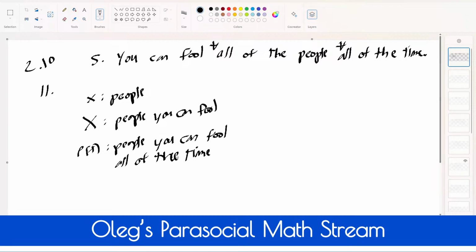That's how I'm reading it. So if we use this form, I'm going to say all of the people belong to the set of people that you can fool. And we're going to say X, and we're going to say P of X. Okay? So basically we're saying that